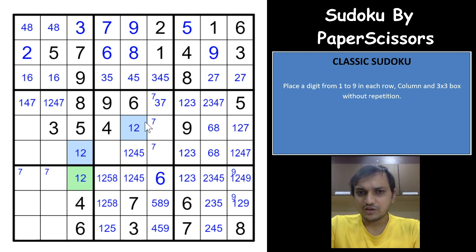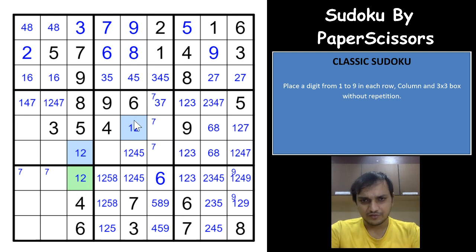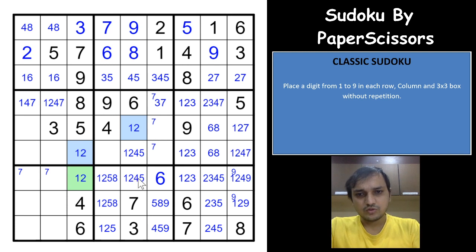Whatever you have here will have to be opposite of this, right? If you have 1 here, you'll have a 2 here. If you have a 2 here, you'll have a 1 here. Because if you have a 2 here, this will become 1 and this becomes 1. If you have a 1 here, this would become 2 and this becomes 2. So cells seeing both of these digits simultaneously cannot have 1 and 2. So this cell in particular cannot be 1 and 2 both. This is kind of a remote pair, guys, I am sure.